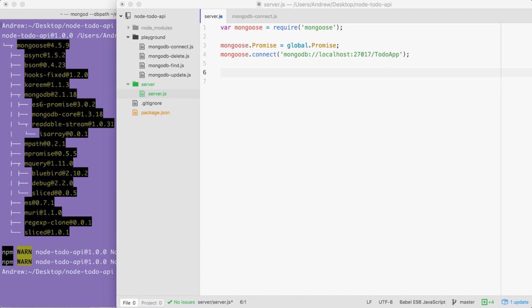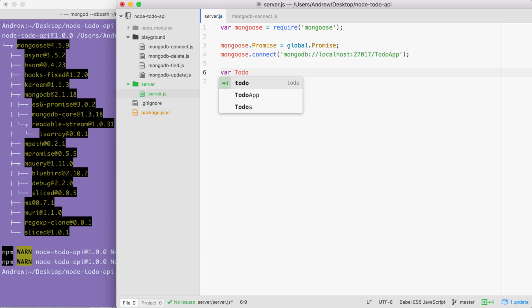Now, a to-do is going to have certain attributes. It's going to have a text attribute. We know that's a string. It's going to have a completed attribute. We know that's a Boolean. These are things we can define. What we're going to do is create a Mongoose model so Mongoose knows how to store our data. Right here, let's make a variable called uppercase T Todo, and we're going to set that equal to